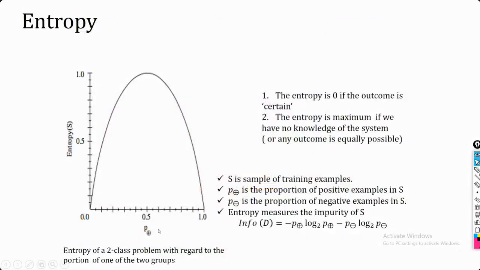But if the division is equal, like we have seen, for your C naught class it was 5, and for your C1 class it is also 5, that means you have an equal division. If the probability is 50%, then your entropy will be the highest one, so it is going to be 1. But in either case, whether it is skewed towards positive or towards negative, the entropy is going to be 0, because this denotes a pure node. So purity is defined in terms of entropy.